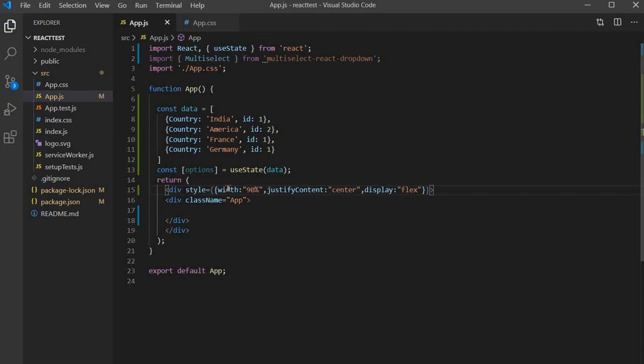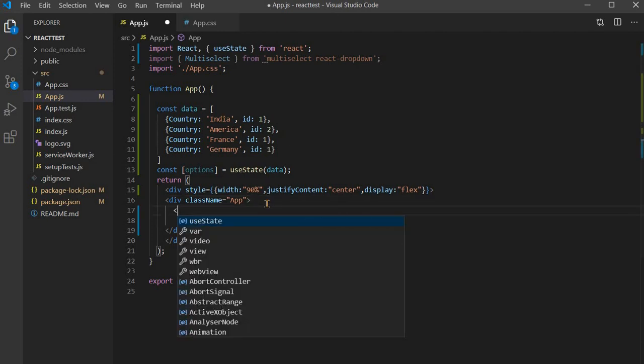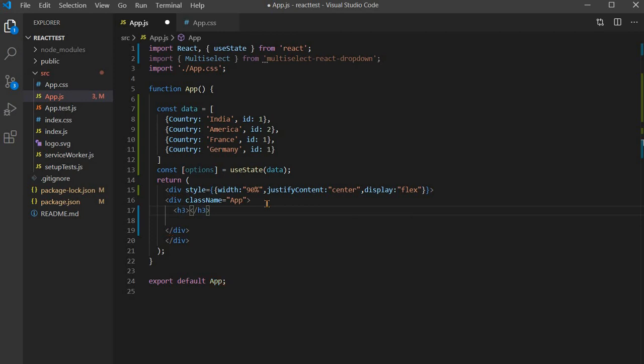You can create a class and put this into App.css as well. Then inside the app, let's create the header, multi-select drop down useState, and just add the style as color red.